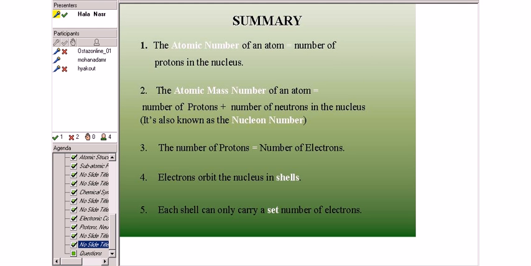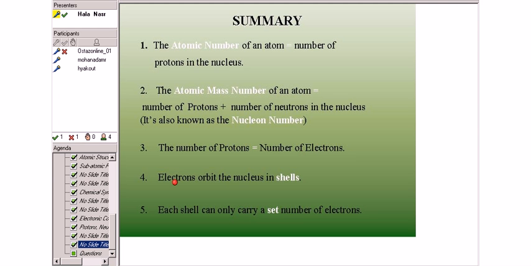So, summary: the atomic number of an atom equals the number of protons in the nucleus. The atomic mass number is the number of protons plus the number of neutrons together, and it's known as the nucleon number. The number of protons is equal to the number of electrons, and that's why an atom is neutral